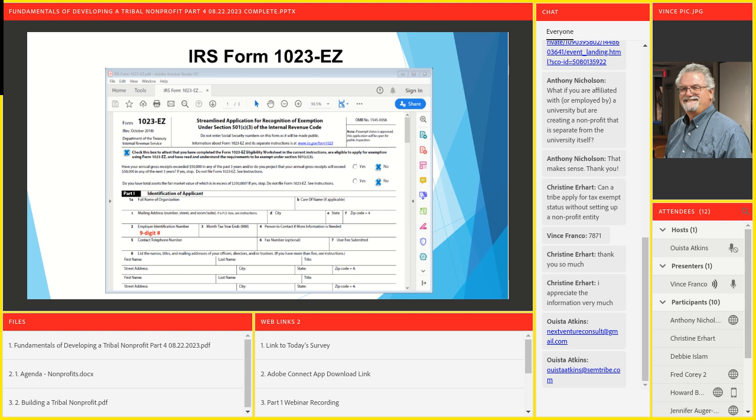Here's the short form. I got a couple screenshots here, I think. Let's take a close look, if you can, at this screenshot of page 1. I'll try to point out some things. Now, the very top is all the identification thing I talked about. 1023EZ on the left, middle column, it says streamlined application for recognition of exemption under 501(c)(3) of the Internal Revenue Code. Yes, that's the form you want to use, right? That is the short form.